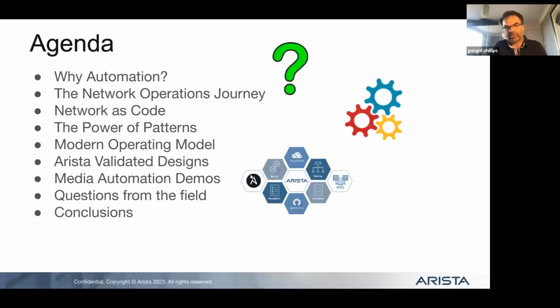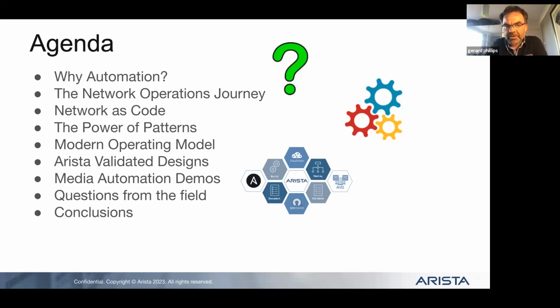So today we are going to talk through how automation is really powerful and useful in the media and entertainment world. We're going to talk through the reasoning behind automation, and we're going to talk through a very specific model for automation, which is proving to be incredibly powerful in deploying the sorts of 2110 networks that we see in our world at the moment.